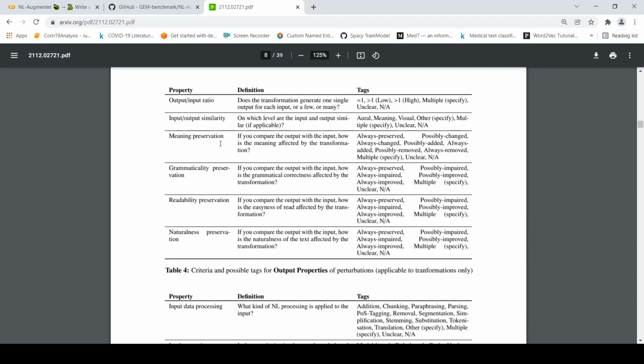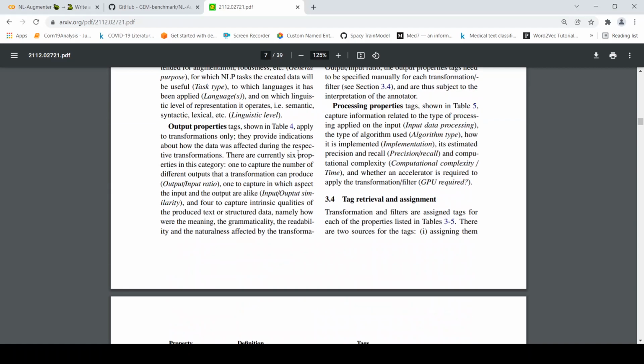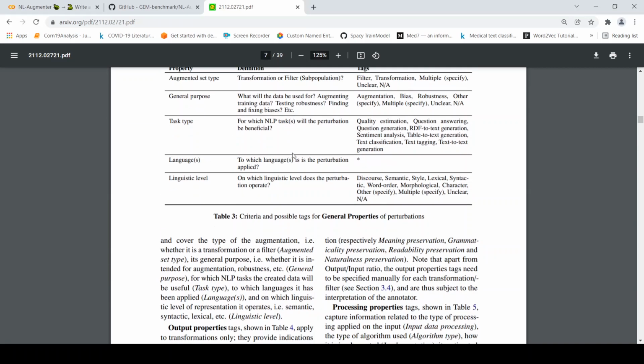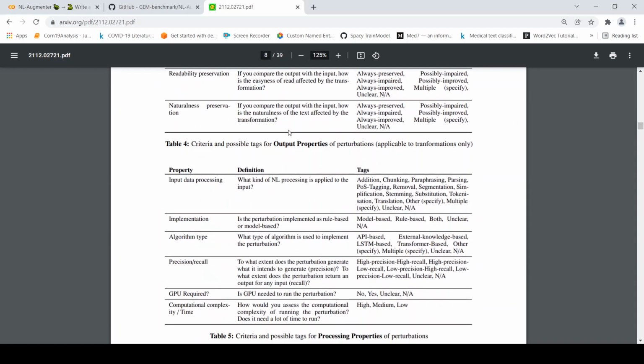Right? Does it preserve the meaning? If you compare the output with the input, how is the meaning affected by the transformation? Grammatical preservation between the input and output, readability preservation, naturalness preservation, and there are properties to this. Okay, so for a particular transformation, you can specify the input properties or general properties of how the transformation happens, and then the output, what it looks like.